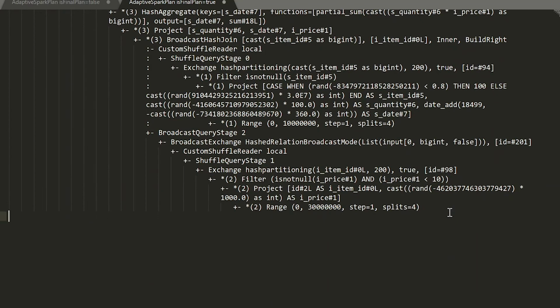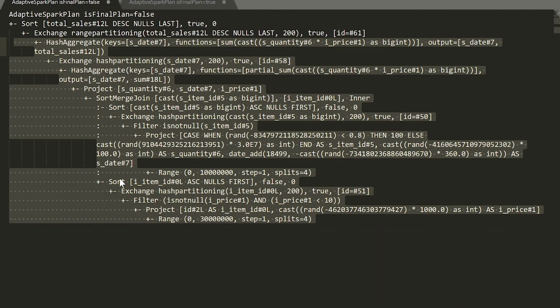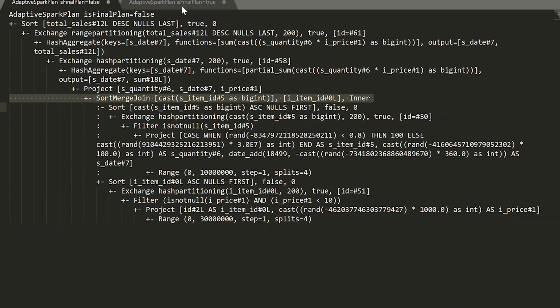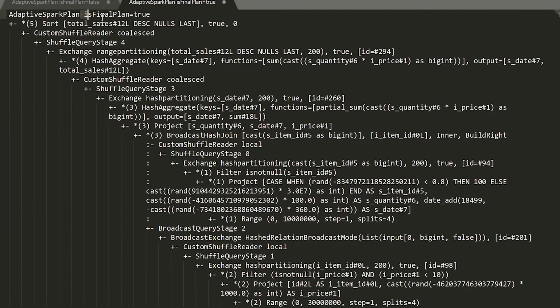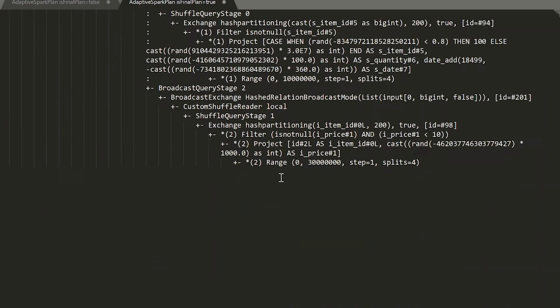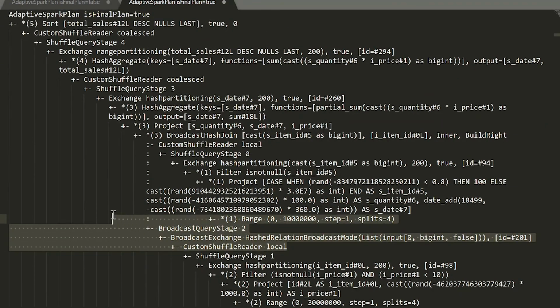You could see something called broadcast exchange here, which is not there in the previous plan. The previous plan has a sort merge join, but now there is a broadcast join happening. This has happened because of the runtime statistics which are available, and Spark optimized the physical plan. This is the previous physical plan where a sort is happening and it is performing a sort merge join. This is the new physical plan which Spark has derived at a later point of time based on the runtime, and this plan has broadcast join, interestingly, instead of sort merge join.